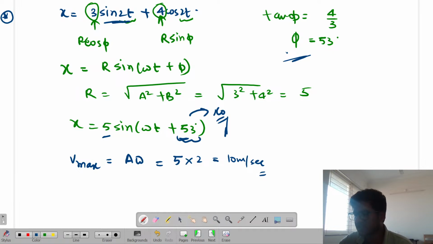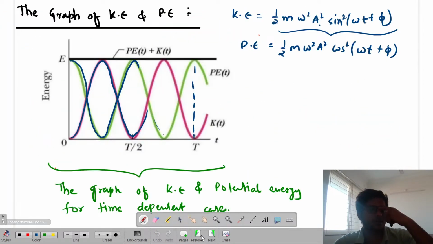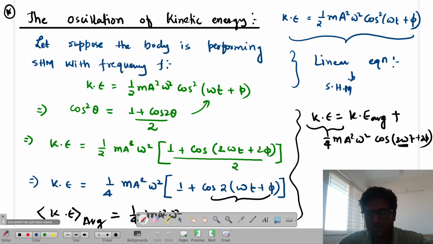Okay, so this was related to your kinetic energy and all these kinds of things. The point is, we have to write the SHM equations in a rigorous way now, meaning the problems to find the time period and all these kinds of things. So what I will do is, I'll